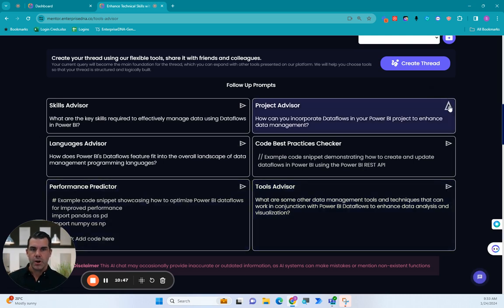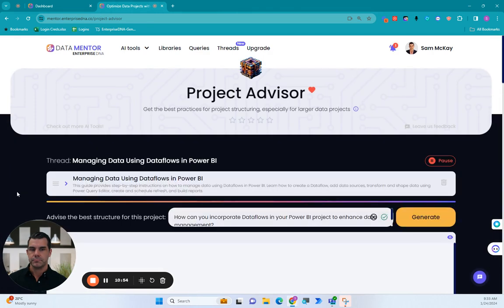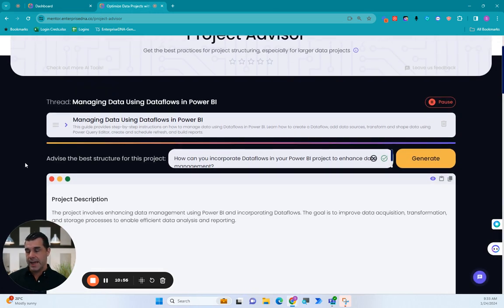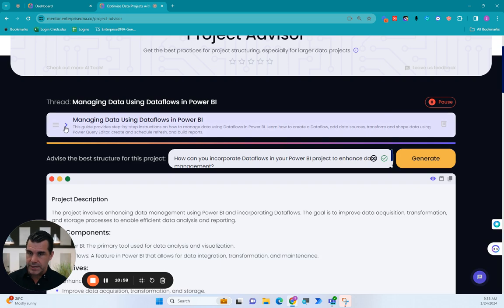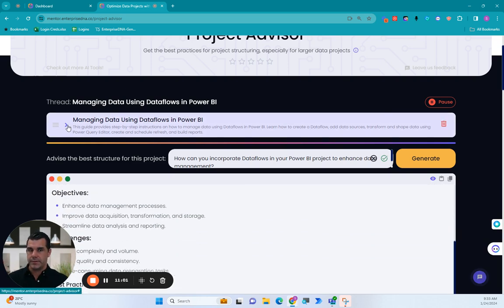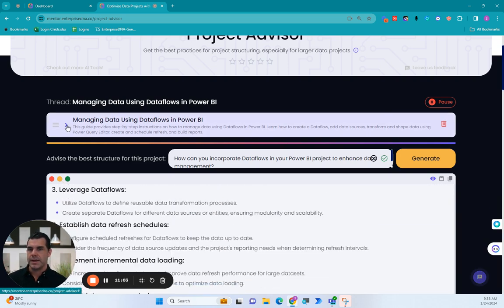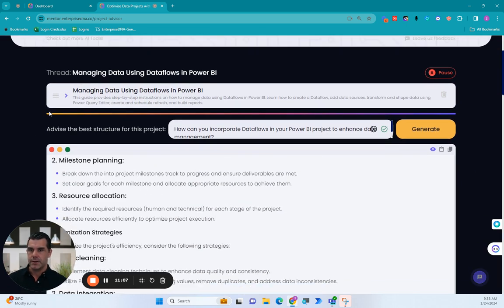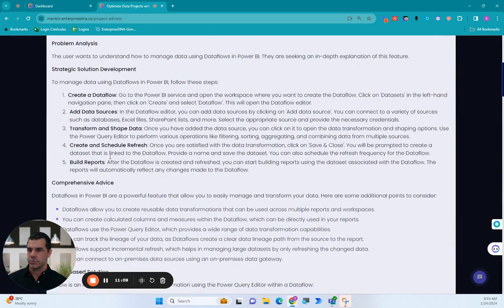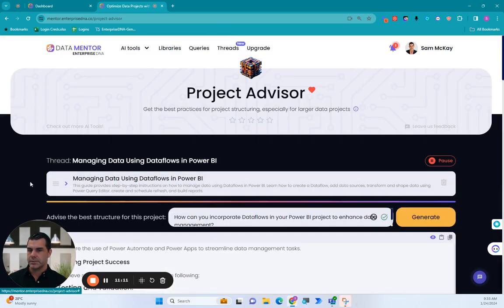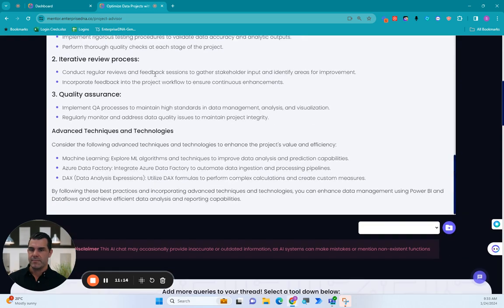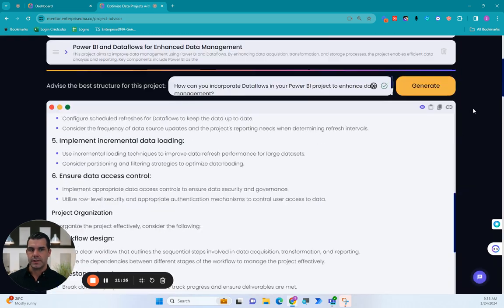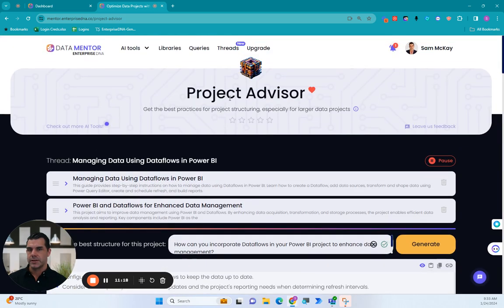Okay. So I can click here to Project Advisor. How can I incorporate data flows in my Power BI project? I can click that. Okay. And what it automatically does there, if we do that, is it creates what we call a thread. Okay. It creates a thread that we can start building up around a particular topic. Okay. And so you see here, if I click down, this was my initial question and solution. And then here I have my next question that was automatically prompted to me, which has flowed through to the